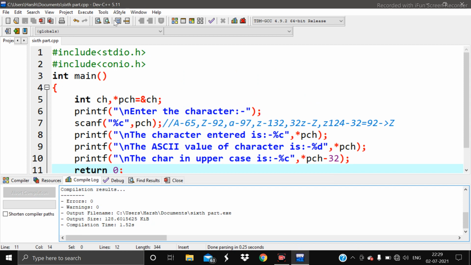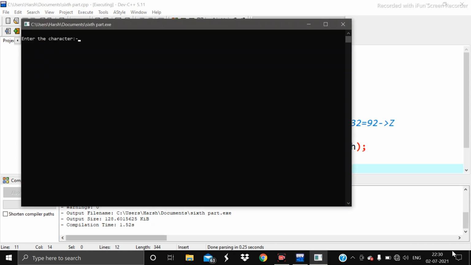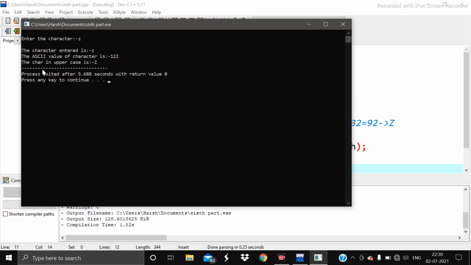So we will go to the execute option again and then run. Here it says enter the character, so here I write z, and you can see that the character entered is small z. The ASCII value of the character is 122, and the character in uppercase is capital Z. So here it is clear.